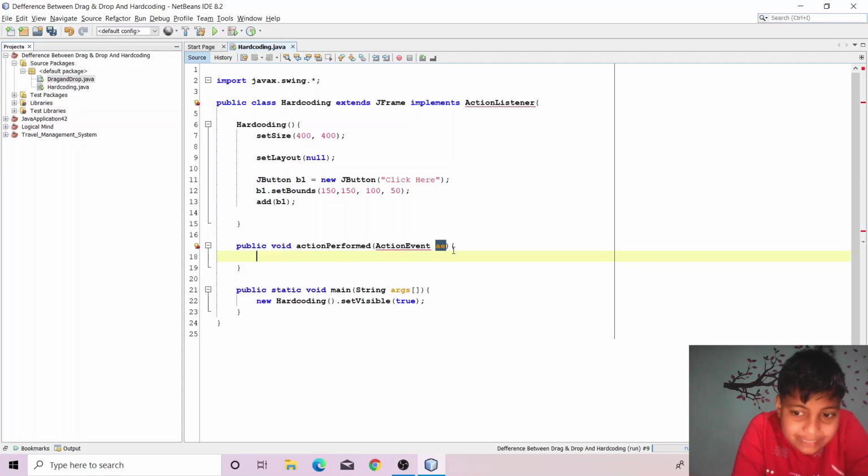Then you have to type here this ActionEvent. Why is it showing error?